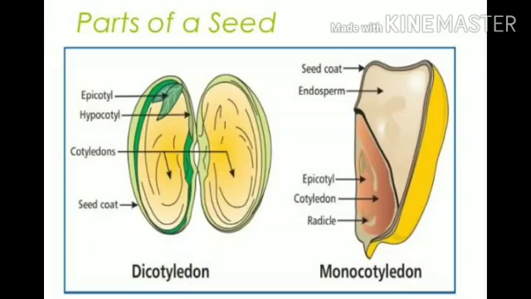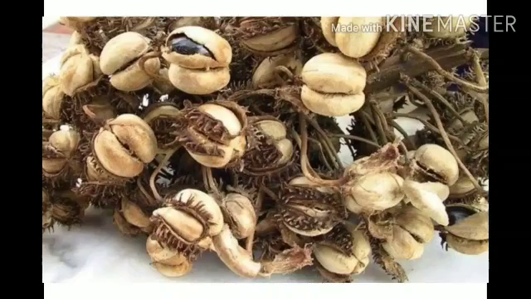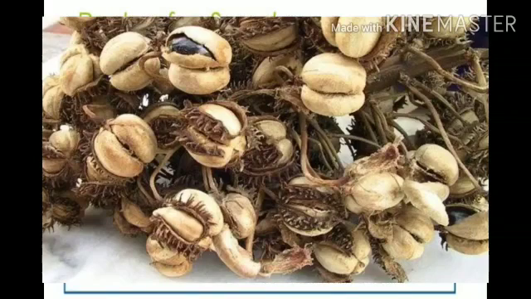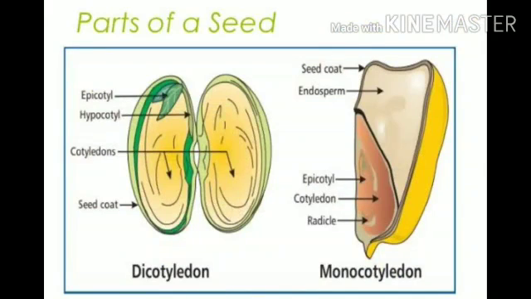The angiosperm plants are divided into two groups, namely dicotyledon and monocotyledon. Di means two and mono means one. Dicotyledons have seeds with two cotyledons, for example pea, bean, castor, because they have two seeds in it, attached with each other. They have leaves with reticulate venation and the taproot system.